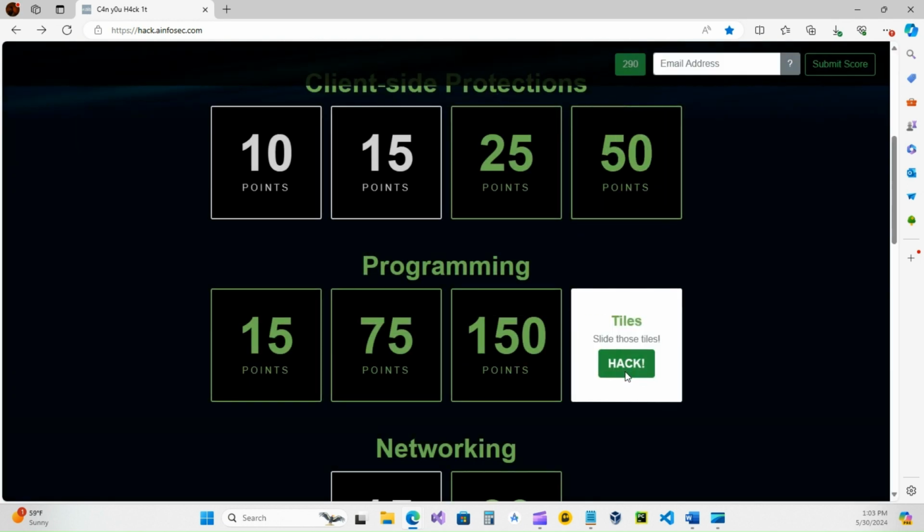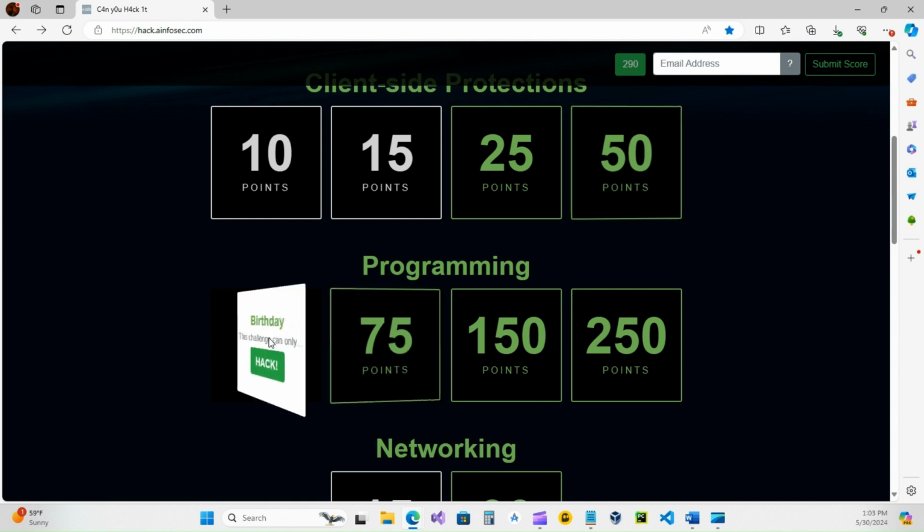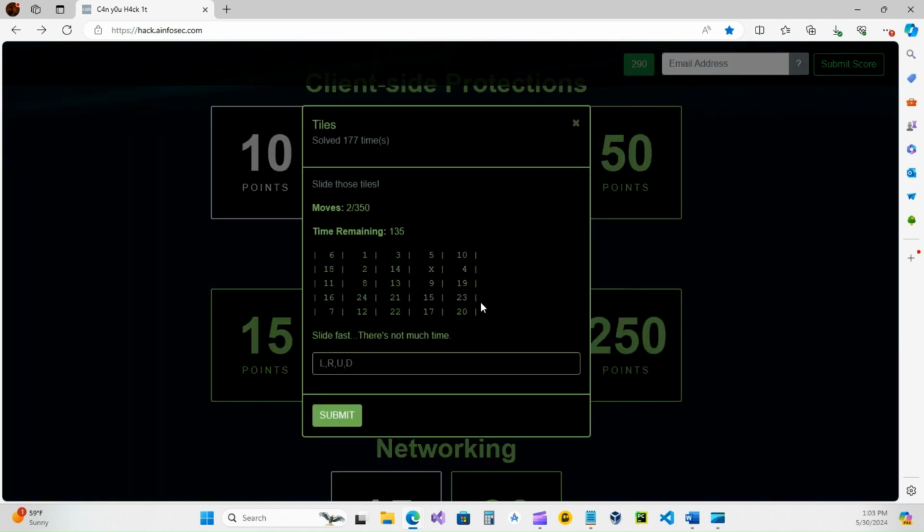So what I can do is look at that and do some research. I have no idea what I'm looking at, and this is supposed to be what, programming? Yeah, I didn't get a computer science degree, so I don't know. Maybe this is something in computer science. No clue. But